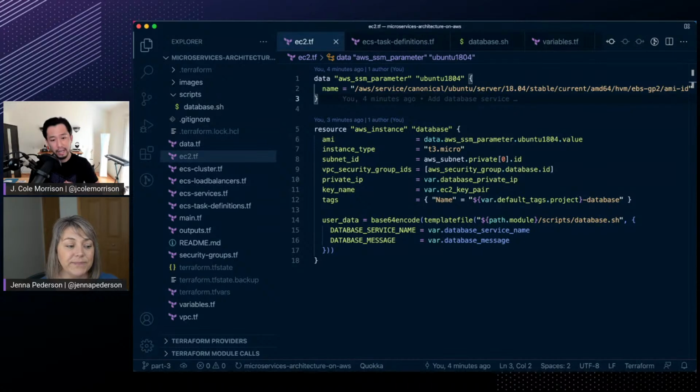So that said, let's assume we are heading at that larger scale. What are some of the problems that you see with our setup right now, Jenna? Yeah, so one of the things we touched on as we were going through this is, there's a lot of common code. So that's one thing that I look at. Another thing is the developer experience. As a developer, I don't want